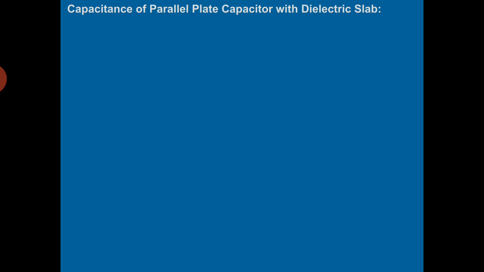Now come to the next part. What is the effect of a dielectric slab on the capacitance of a parallel plate capacitor? Now what is a dielectric? We have already done this. It is an insulating substance which cannot conduct electricity, but it can transmit electrical effects. So first of all, we consider